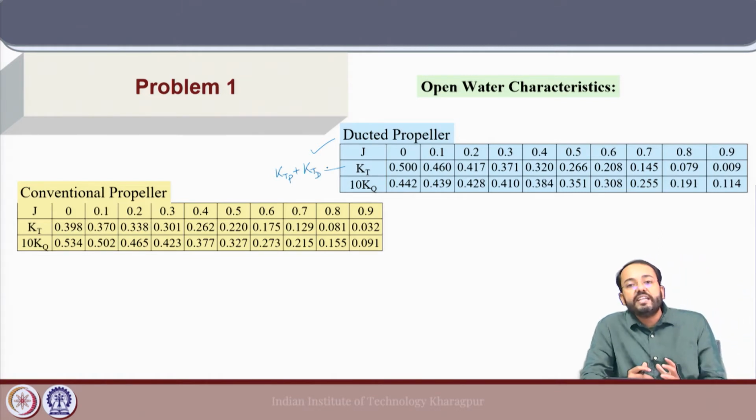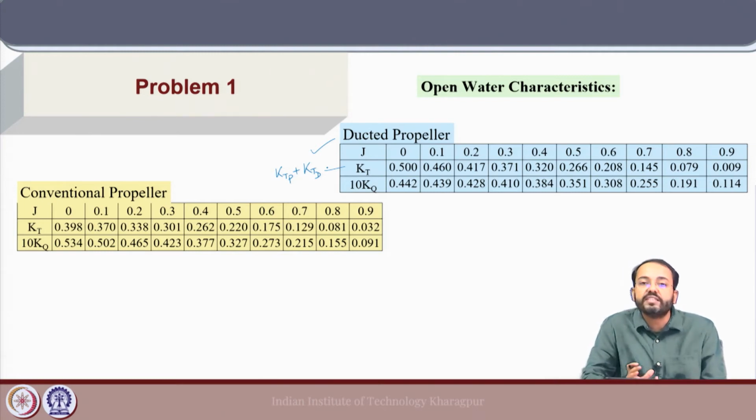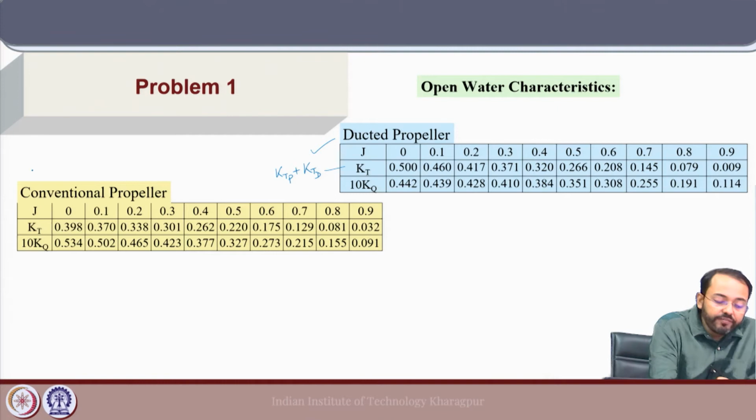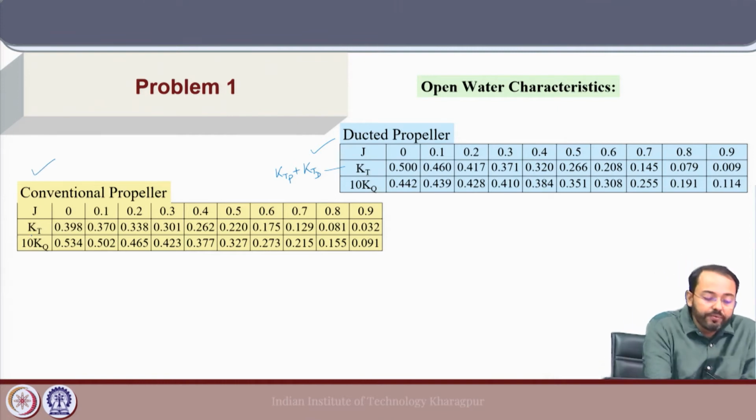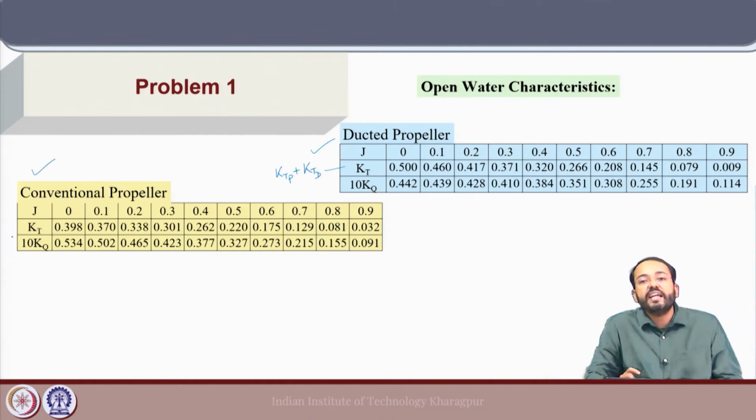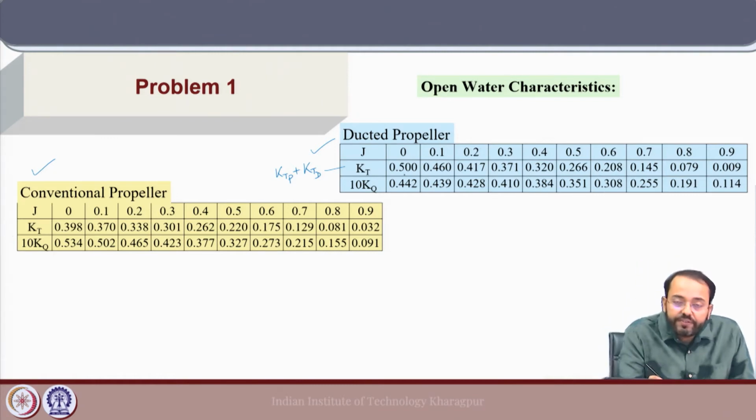So, it includes the contributions of thrust from both the propeller as well as the duct. And for the conventional open propeller, we have the open water diagram with KT and 10 KQ as a function of J. And briefly we can see here that at the bollard pull condition,